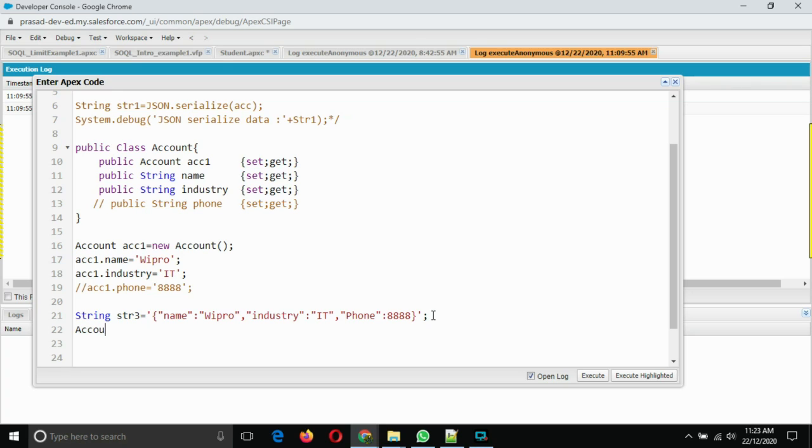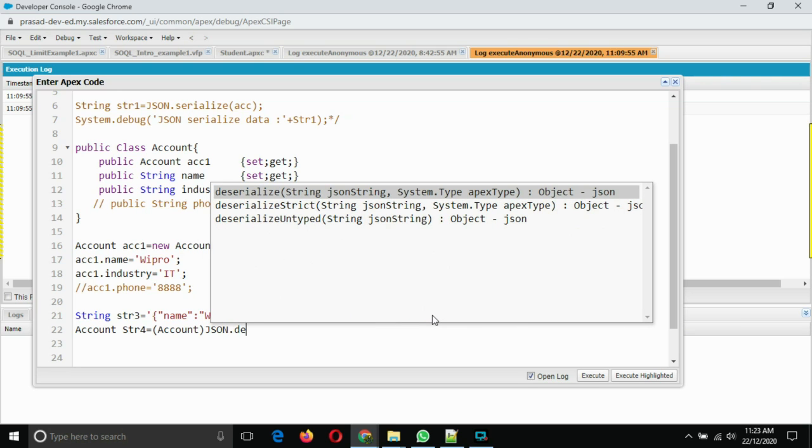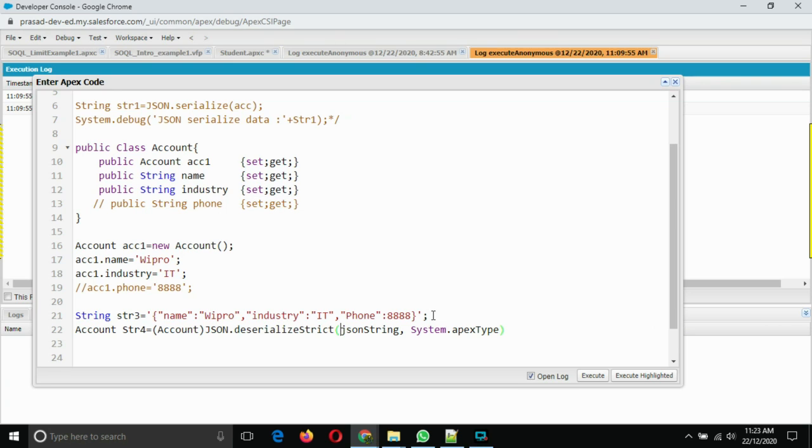So Account str4 is equal to Account JSON string, JSON.deserializeStrict, and the string name which we are going to convert in the Apex object